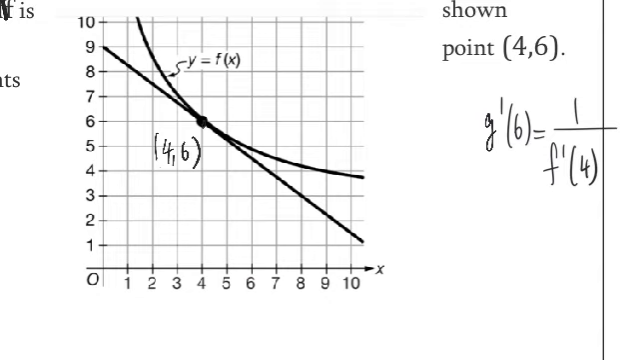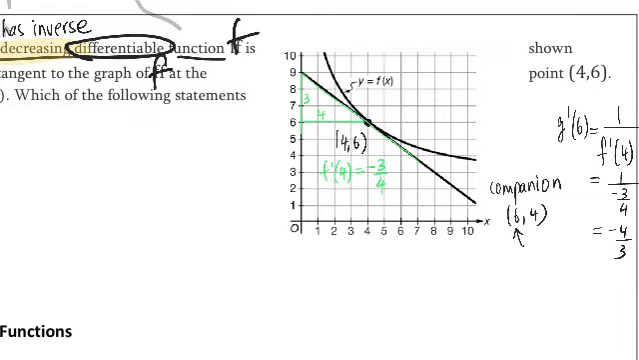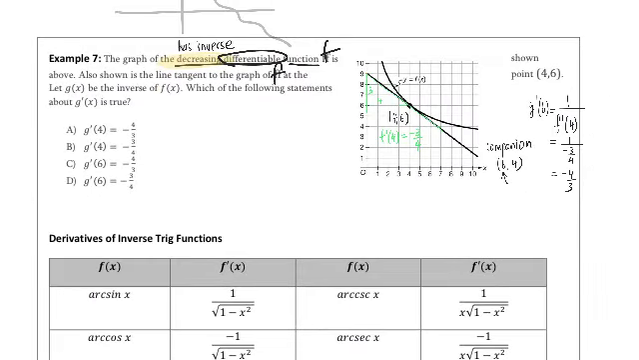The companion point on the g graph is going to be 6, 4, and the derivative here on the f graph, the slope of this tangent line, looks like 3 down for 4 over, right? So I can say f prime of 4 is equal to negative 3/4. The reciprocal of that will be the derivative of g at 6, right? So g prime of 6 will be 1 over negative 3/4, which is negative 4/3. So that's what we can say, and we just find the equation that says that,